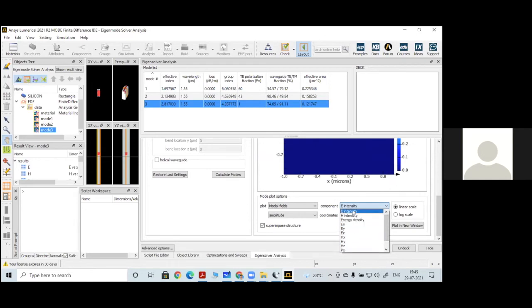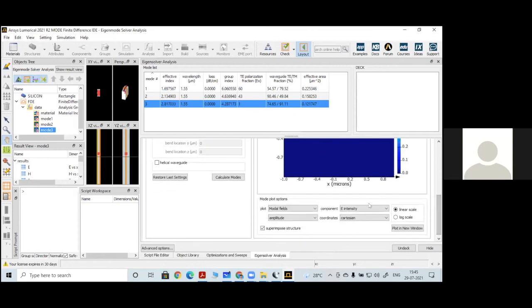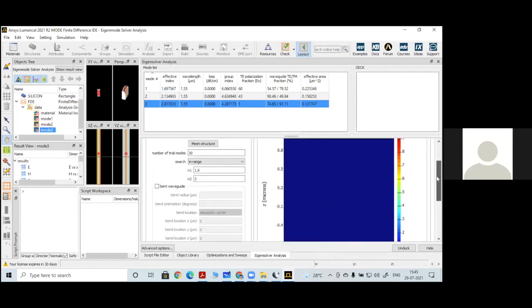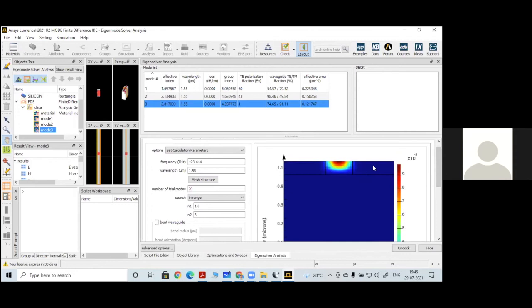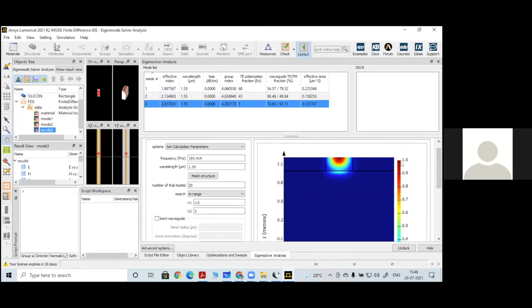Now, if I click on this E intensity, by default, whenever you run, it will show the electric field intensity. If you want to see the H intensity, you can just change it to H. Now you can observe this is H intensity. It is represented in different colors. Wherever red color is there, it has a magnitude of more than 9 into 10 to the power of -5 amperes per meter. If you look at the E field confinement, your E field maximum value here is 1, that is red at the center of the waveguide.